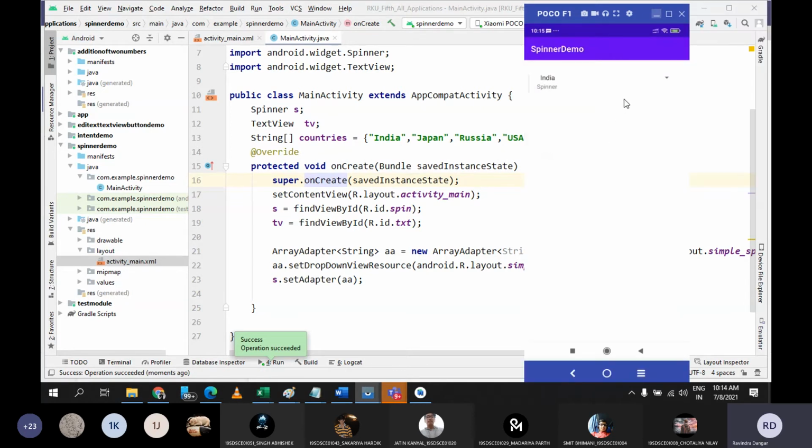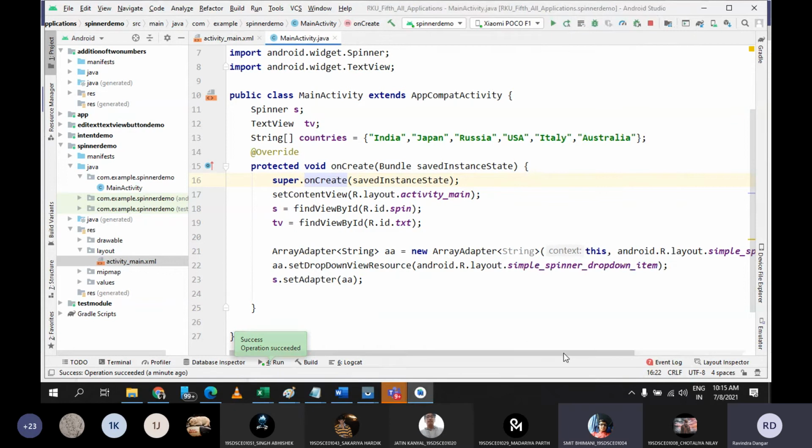Yeah, let me click on this spinner and you can see it displays all the items as a part of drop down. You can see all the items are listed as drop down. Whatever countries we have specified here, all the countries are listed in spinner. Interesting? Yes. सर अगर हम किसी में क्लिक करेंगे तो वो सिलेक्ट होगा कि नहीं होगा? No, as of now, once you select, it will not do anything. But whatever item you select, it will be displayed in spinner because we have not implemented any events. So as of now, whatever items I select, it will not do anything. Fine? Yes sir.